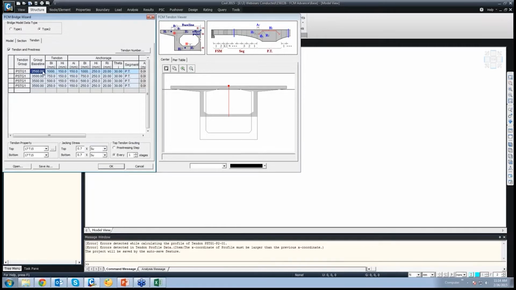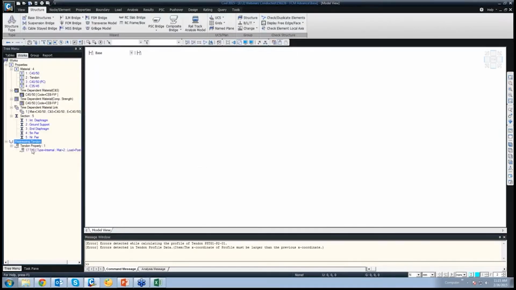It seems it's going out of this section. Wow. It seems it's creating some issues in giving the coordinates. I used this model in the morning and so I'm unable to give the profile over here. So anyway, I guess I'll just move on with the model that was already made in that case.